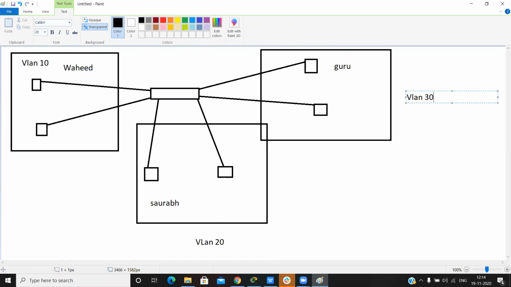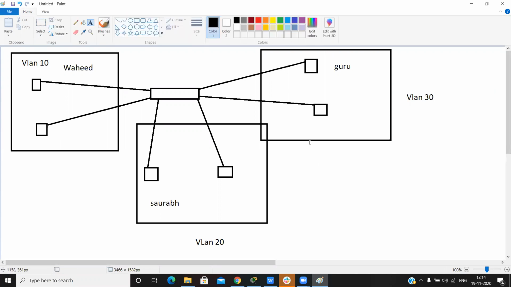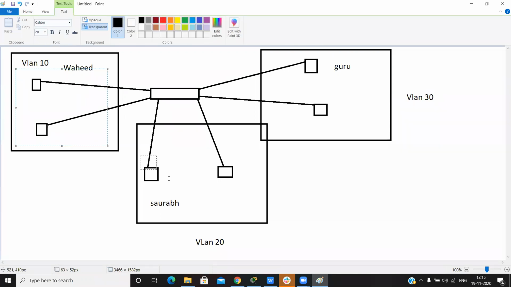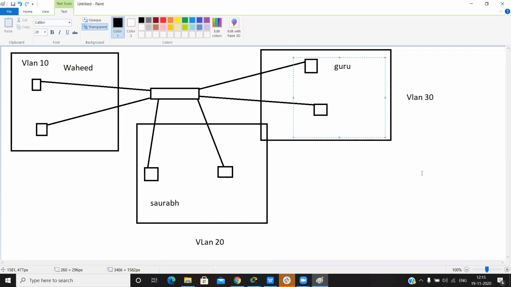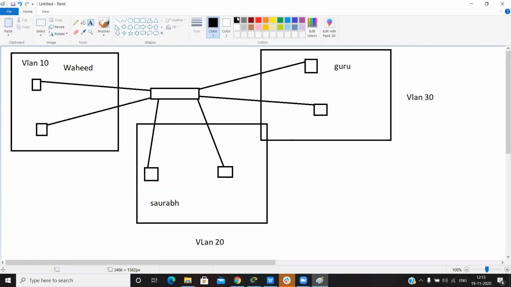After that, Wahid communicates only with these two PCs, Saurabh communicates only with these two PCs, and Guru communicates only with these two PCs. Any doubt, bro?